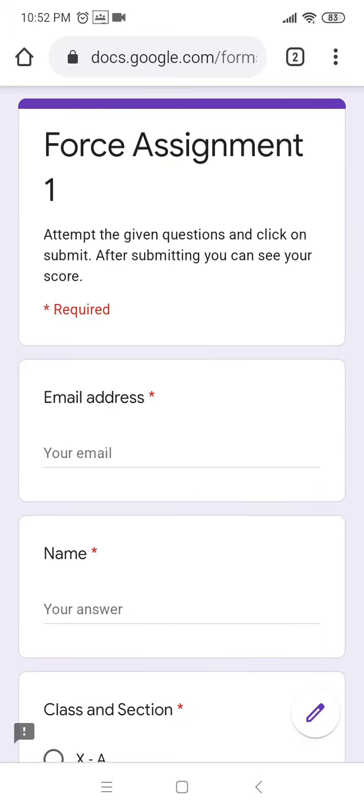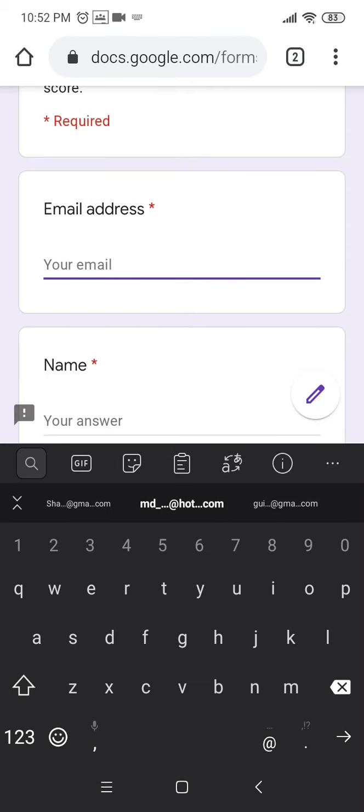Okay, so all the star marked with red are compulsory or required fields. So the student will read the description, attempt the given question, and click on submit. After submitting, you can see your score. After that, she will be filling up all the details like email address,